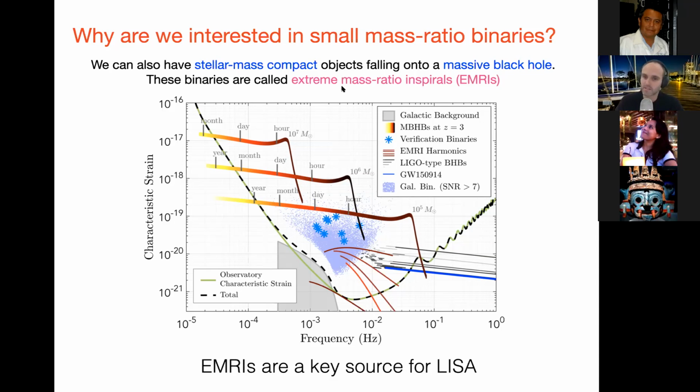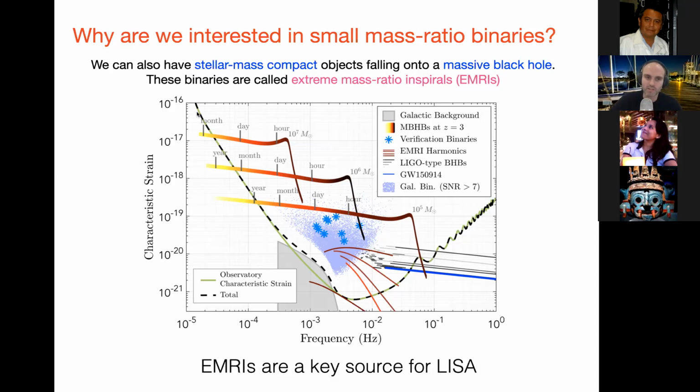These are known as extreme mass ratio inspirals. The orbital period is of the order of tens of minutes or hours, and the frequency is then in millihertz. That makes it ideally placed to be a candidate for one of the key sources for the Laser Interferometer Space Antenna, LISA, ESA's future space-based gravitational wave detector.